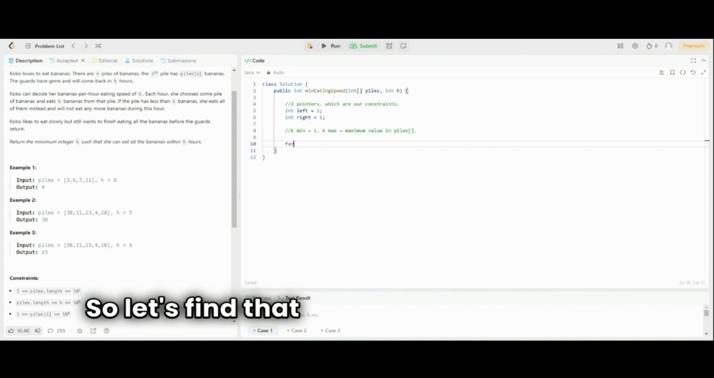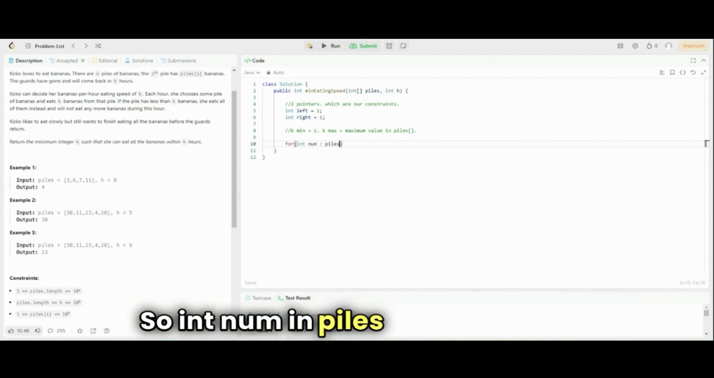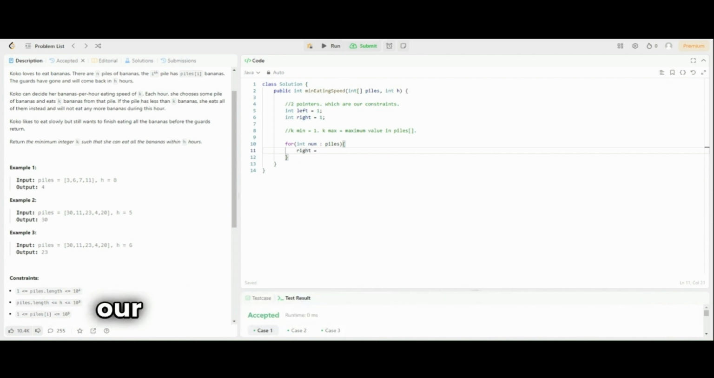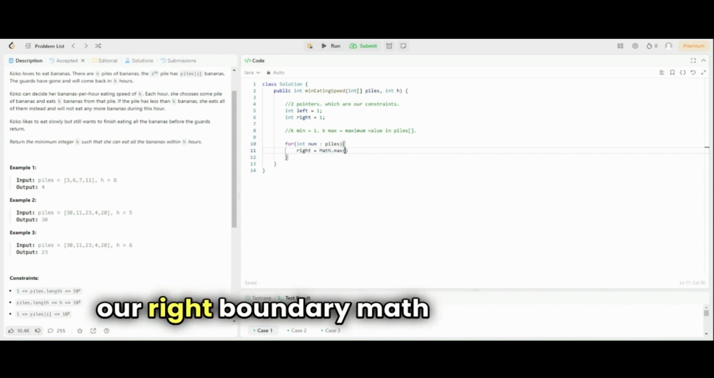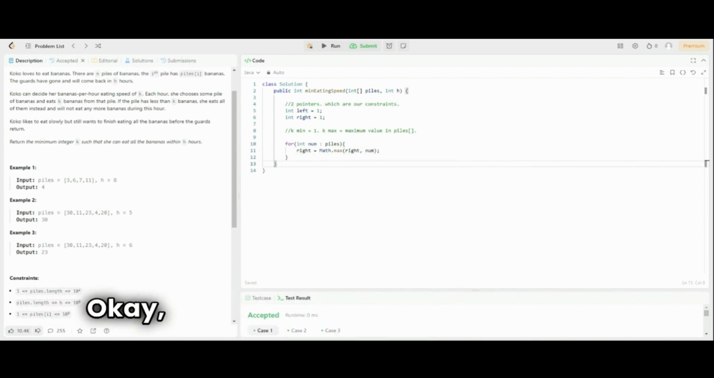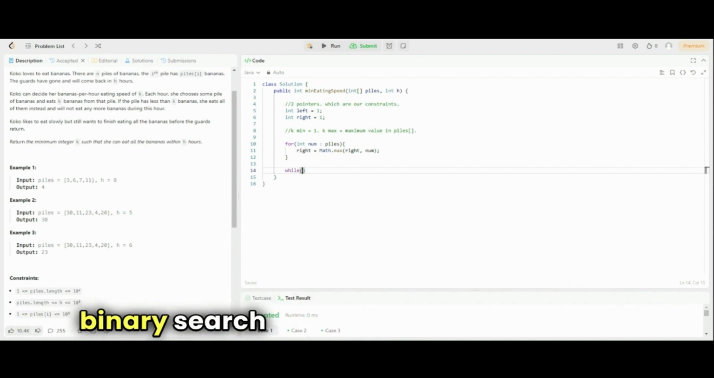So let's find that maximum number, right? So for int num in piles, let's set right, because that's going to be our right boundary, to Math.max between right and num. Okay, now that we have our constraints, let's do a binary search on the range of left to right. So while left is less than right,